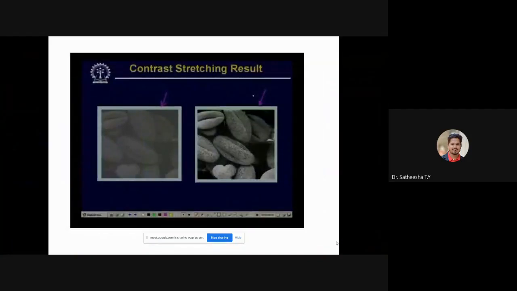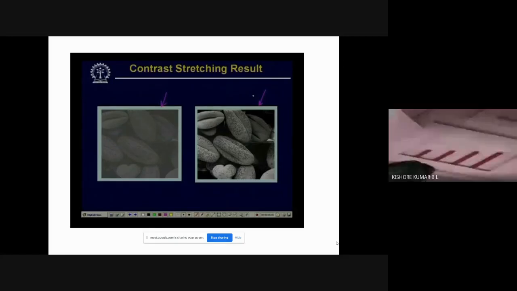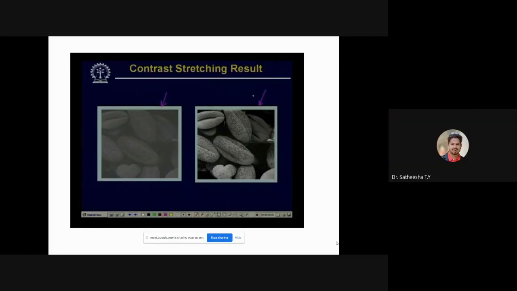Now, an application where we need to reduce the dynamic range is, for example, when I have an original image whose dynamic range is so high that it cannot be properly reproduced by our display device. Normally we have a gray level display device, or a black and white display device, which normally uses 8 bits. That means it can display intensity levels from 2 to the power of 8, that is 256, meaning 0 to 255.